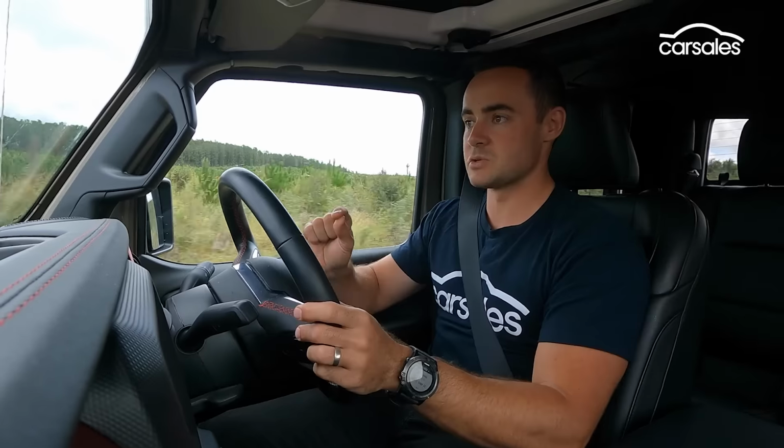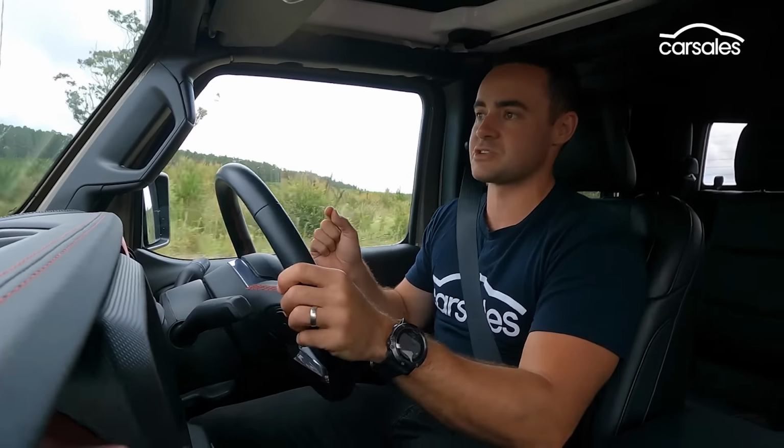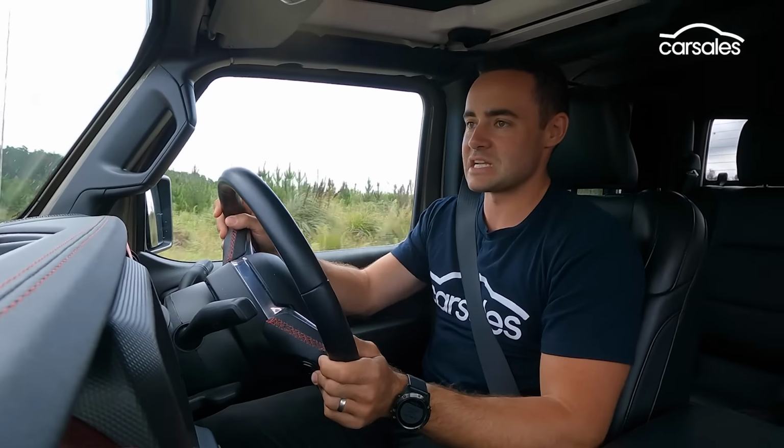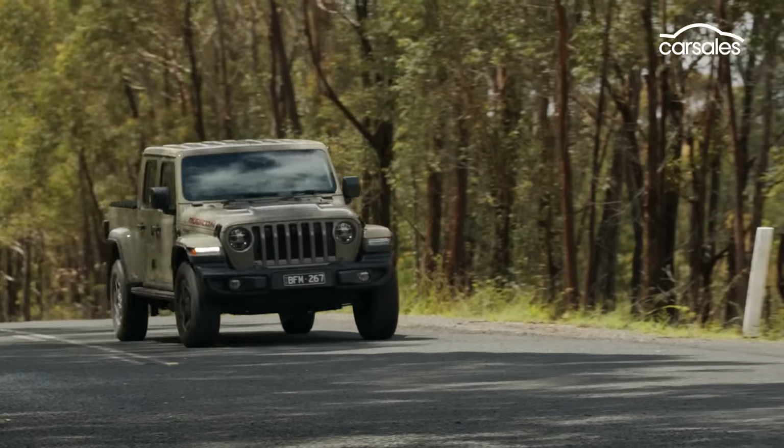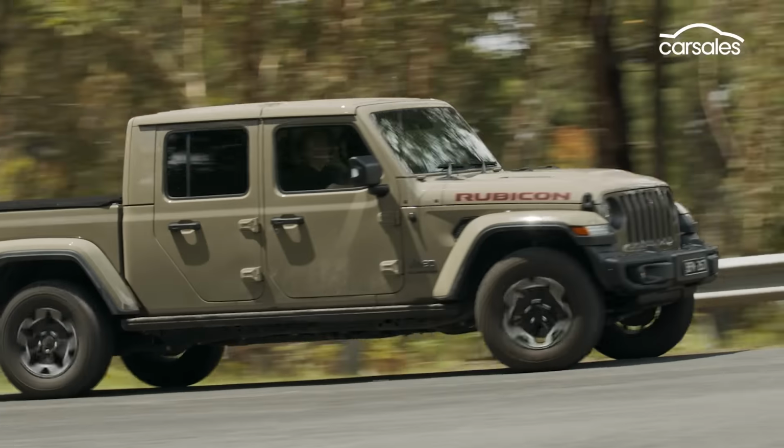The power curve is a little bit peaky. You've really got to work towards the upper echelons of the rev range to really find meaningful power from the Rubicon, and you'll also notice quite a significant fuel bill if you do choose to explore those upper reaches. With that said, we've averaged over several thousand kilometres of testing, and the engine really has been quite faultless during